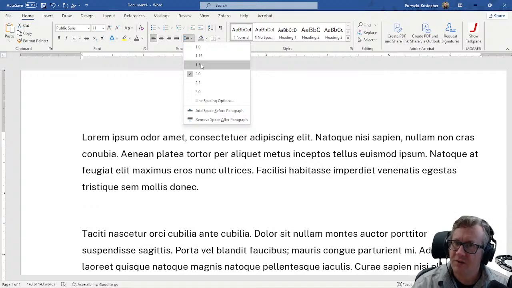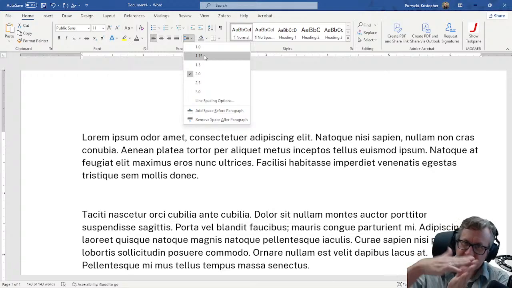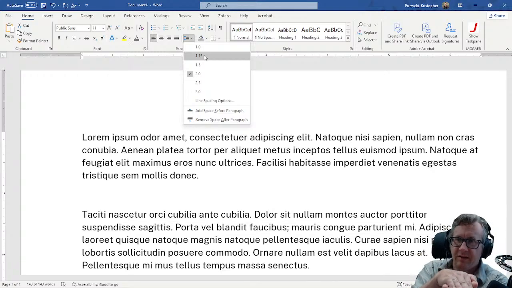1.5, you also see that in certain cases where a document might be a little bit longer, you can see that, but 1.15 gives you a little bit of both of those, 1.15 and 1.5. If your typeface starts to look like it's really compressed and getting squished in there, you might want to adjust these a little bit. I will say